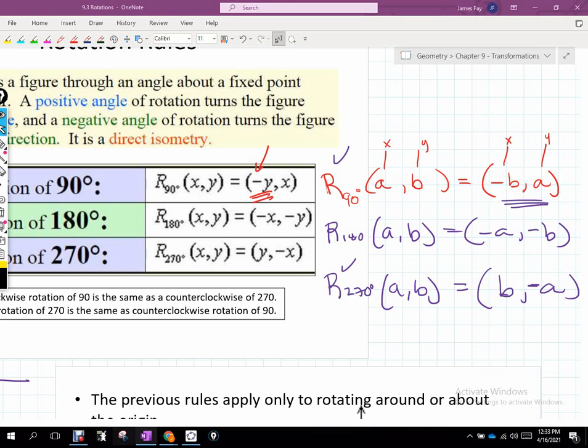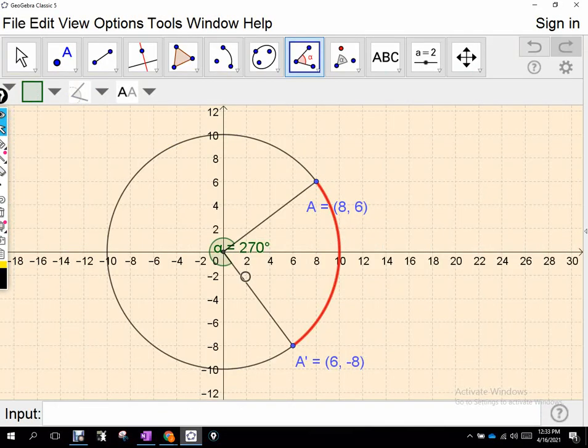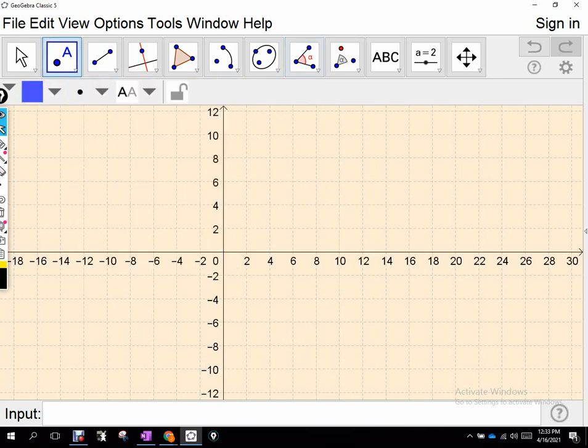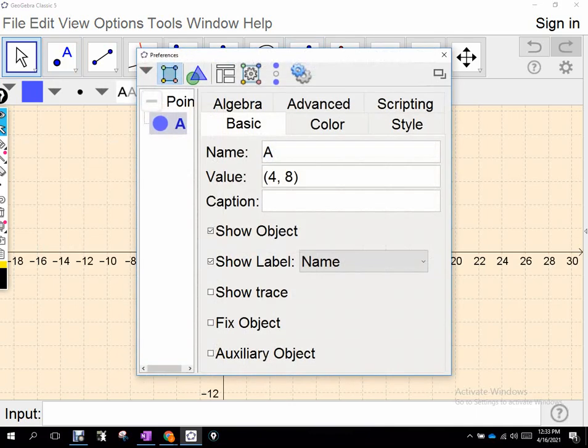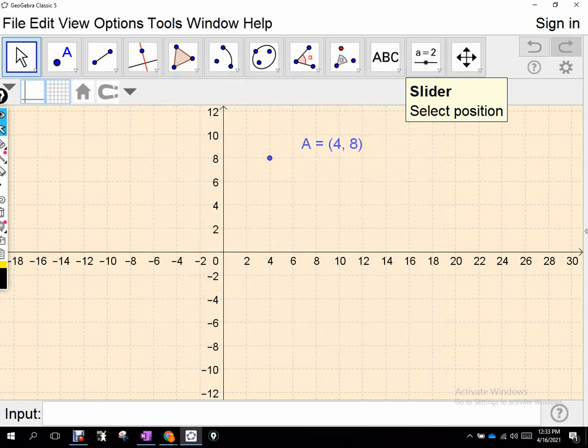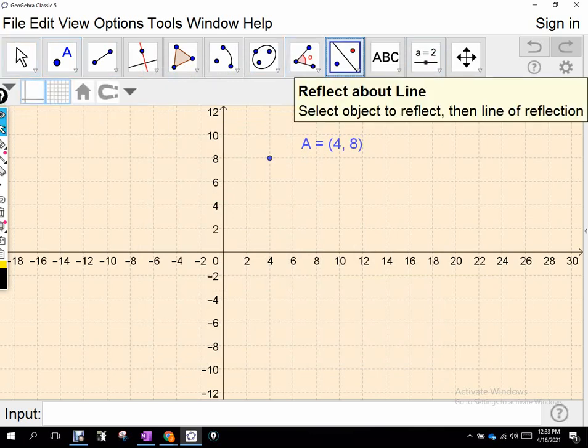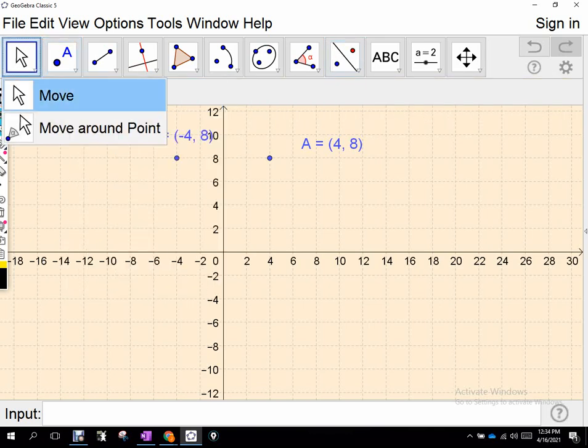Before I set you free to continue on homework, I want to ask this question. Take this point right there. Actually, let's move it to right there, because I don't want to use the same ordered pairs. (4, 8). Okay, so let's reflect that on the y-axis. So it goes there, right? Is that okay with everybody? Okay, so that would be my